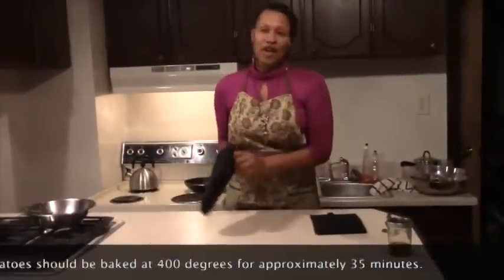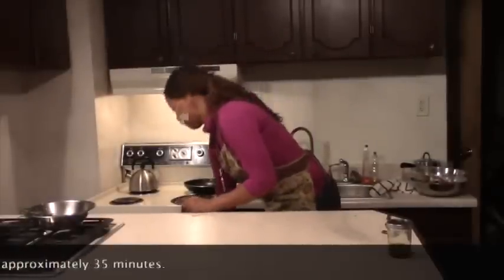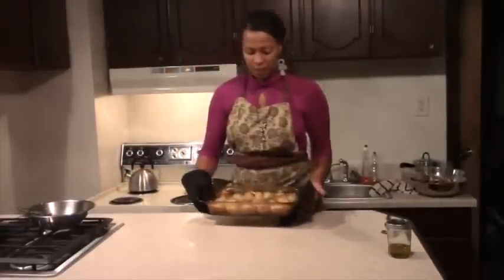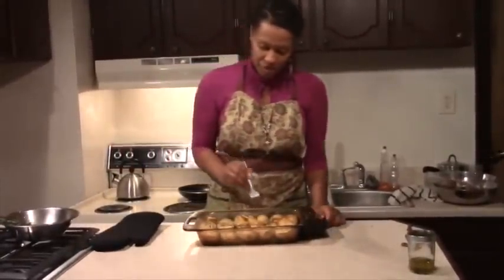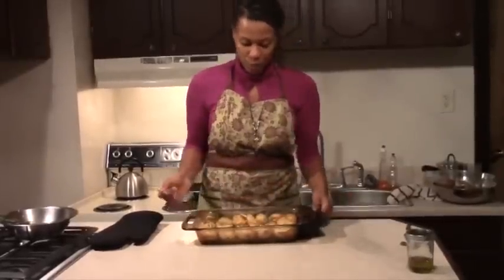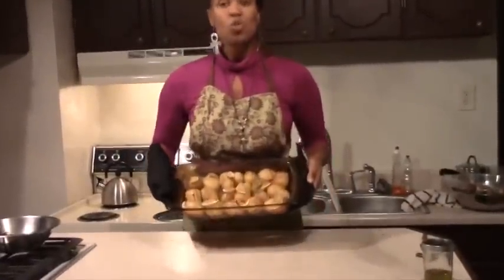So it's been about 35 minutes and our potatoes should be just about done. Let's get them out of the oven and check them. What you want to do is take a fork and poke them just to make sure that they're tender. They are. Wow, they look amazing. So here you have it. Garlic, lemon, rosemary,